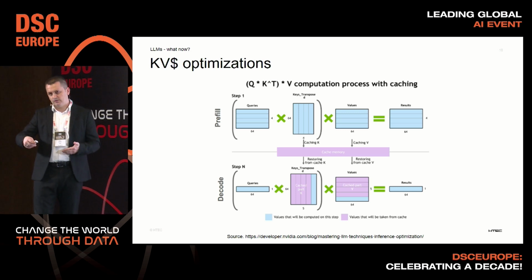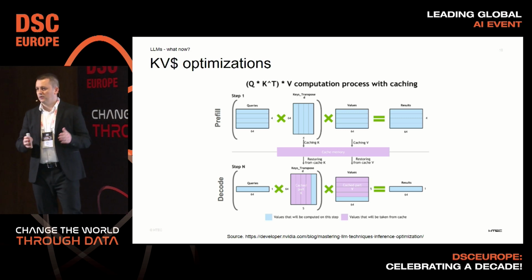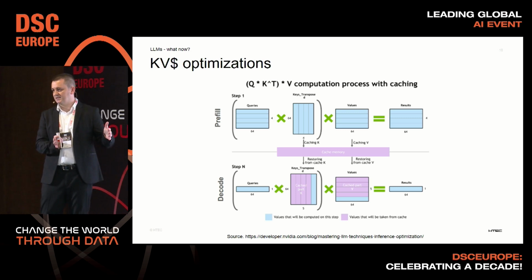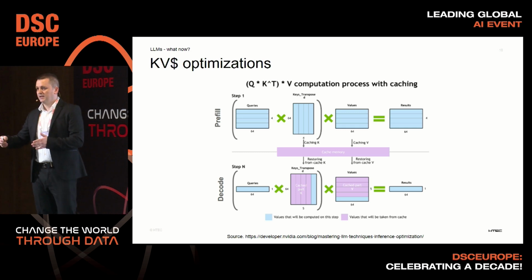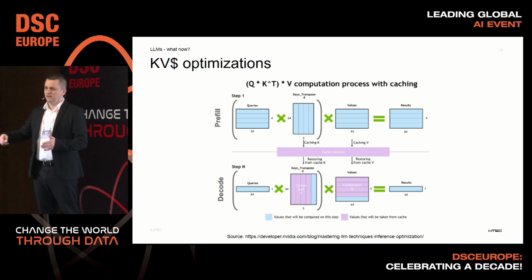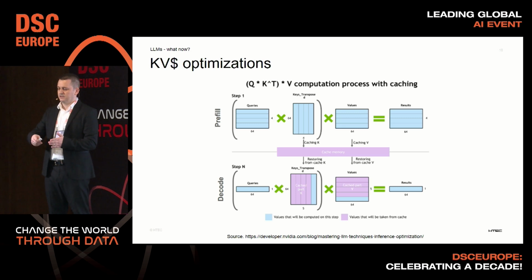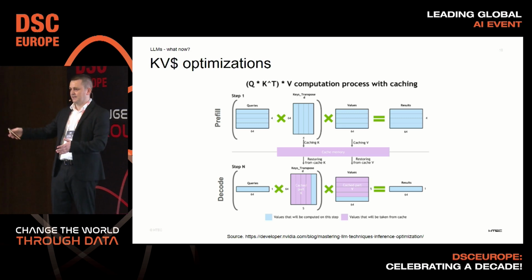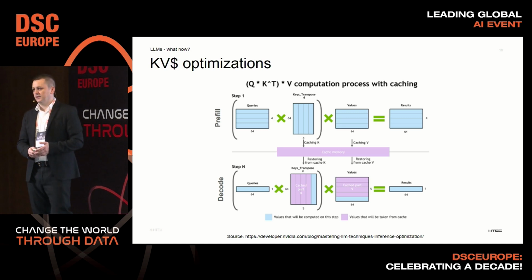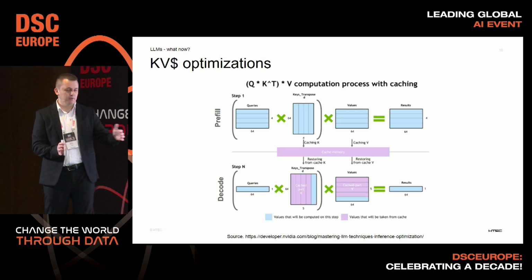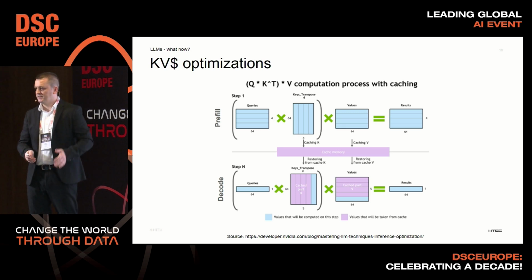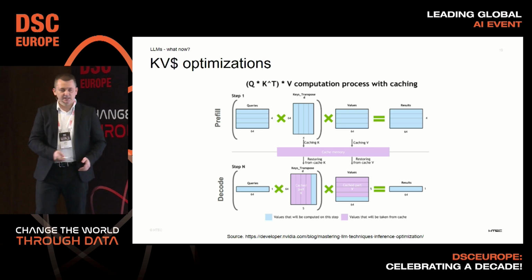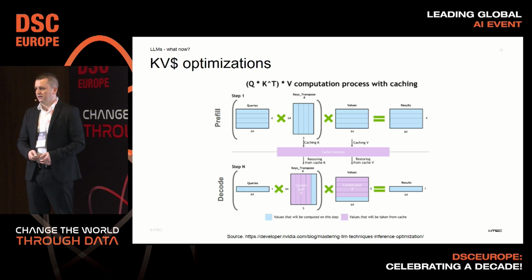If you go to the decode phase, you will need all data that is processed in prefill plus every single token that you provided on the output. So instead of recomputing everything for every single decode phase, you can probably have one prefill and like 8K decode phases. You can just try to cache at least some of the pre-calculated or intermediate results and just reuse that. So this KV caching is one example of that.